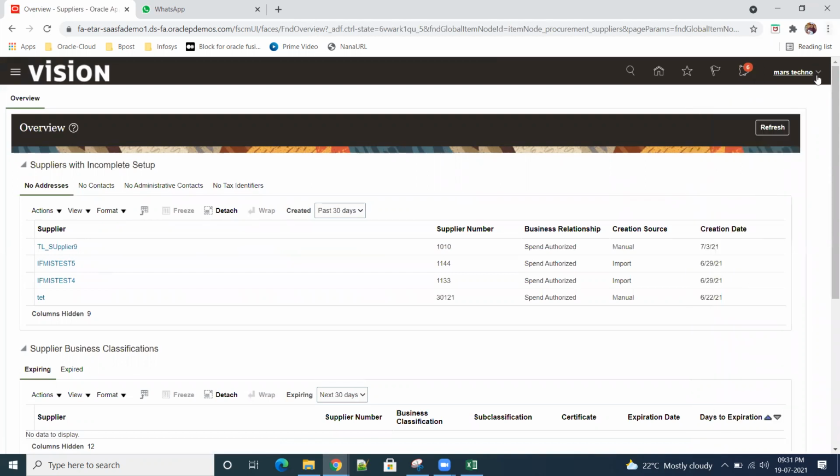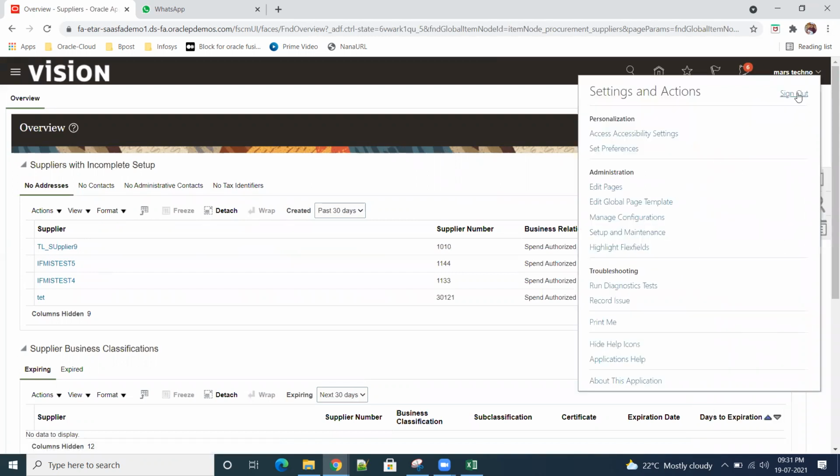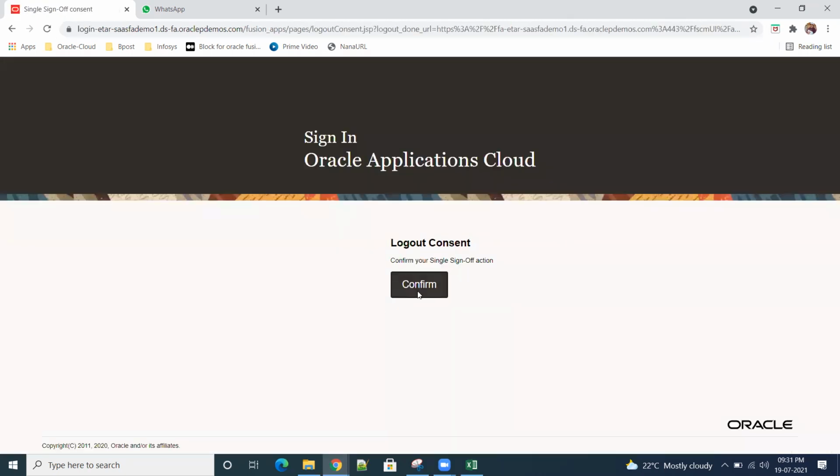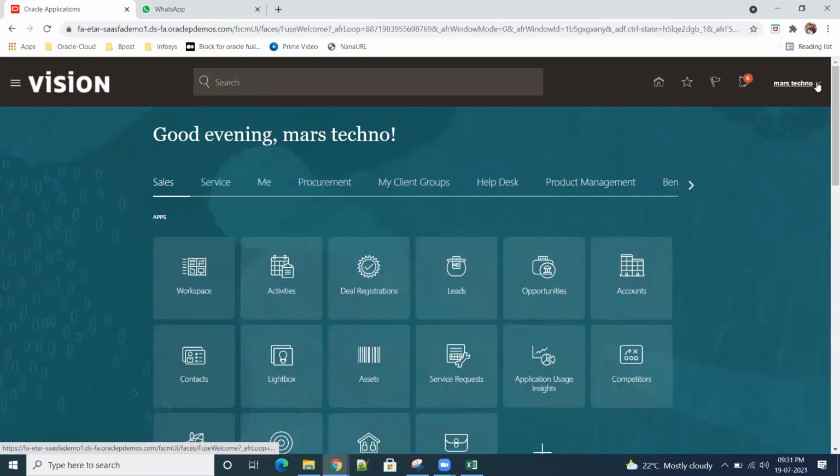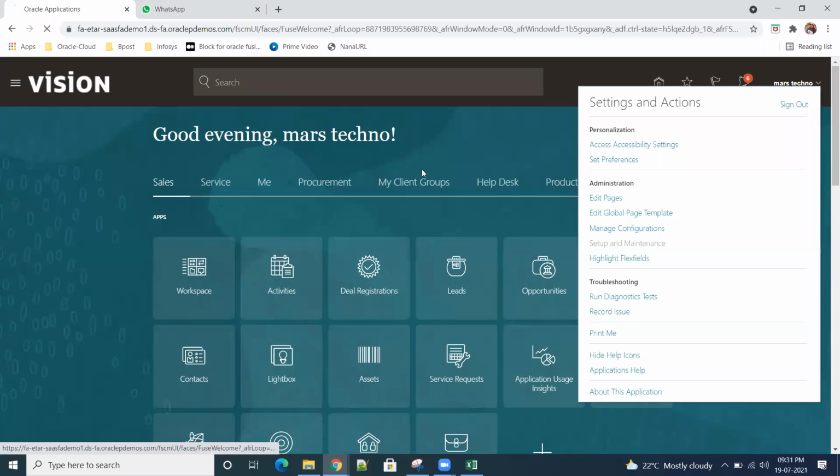No, still not. One more thing, procurement agent is there, right? Yeah. That we need to do setup, right? Correct. Sorry, procurement agent is for supplier side creation. Correct.